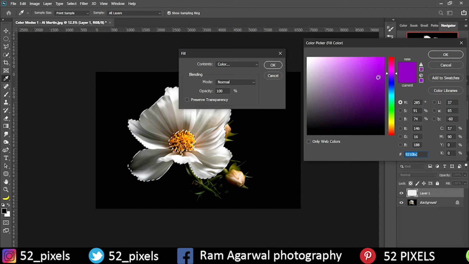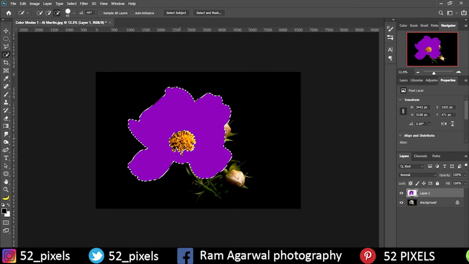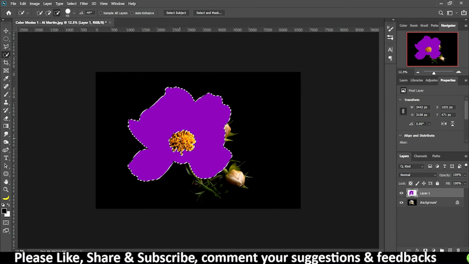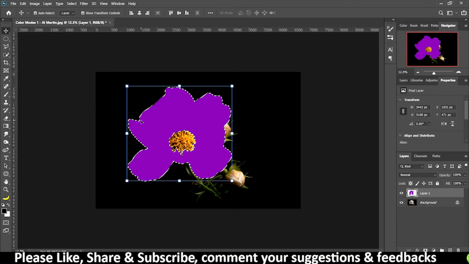I'll just select a little brighter region, somewhat like this over here, and I'll click on OK. So I've selected my color and once I click on OK, it is going to get filled. But as you can notice, it has just lost the complete details, the shadows, the depth, everything is just lost because of this color. It is filling the whole image. It is not distinguishing between the petals and the depth of the petals and the shadows. So for that I'm just going to press Ctrl plus D to deselect first, and we have already learned